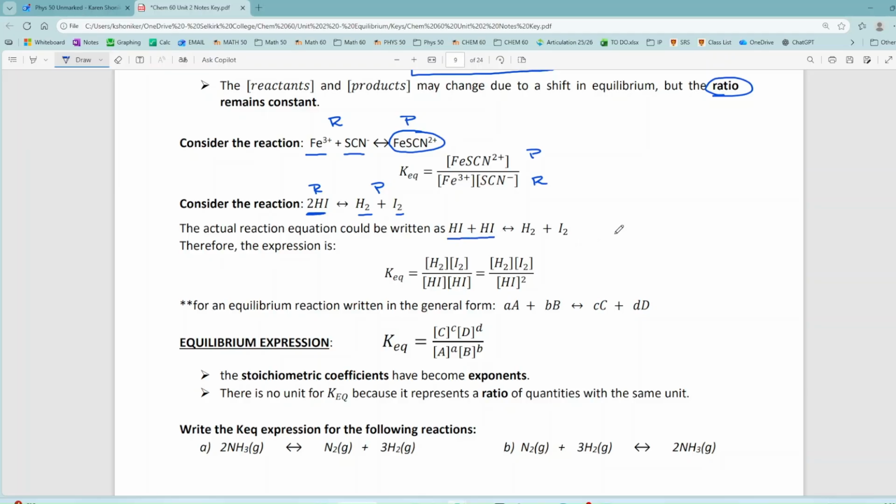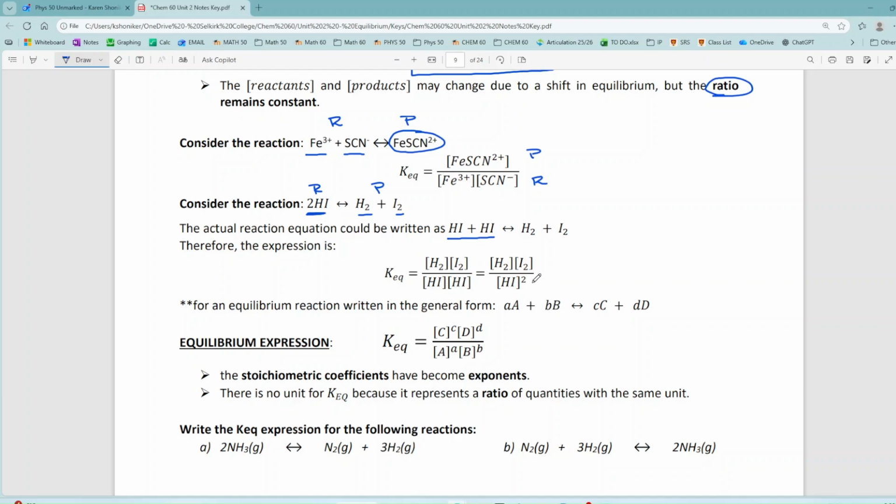So two hydroiodic acids are going to collide, and when that collision occurs with sufficient energy and correct alignment, they form hydrogen and iodine. When we look at this as a ratio of products to reactants, you've got your products, hydrogen and iodine, divided by, and we had two reactants here, HI times HI,